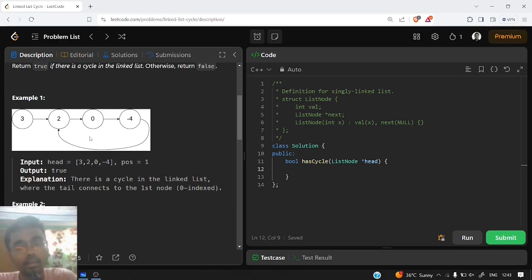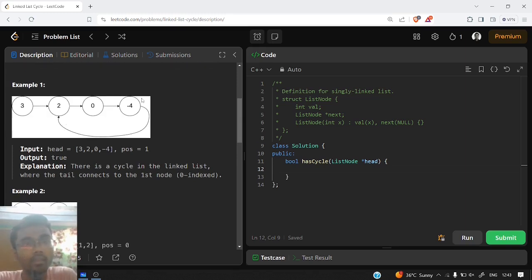Now a cycle in a linked list means there are some particular nodes that we are able to reach again and again. As we know, in a linked list we are able to move to the next node or traverse the linked list with the help of a node's next pointer. So if we are able to reach particular nodes again and again, that means we are in a particular loop. That's why we are reaching some node again and again. And if we are in a loop, that means we have detected a cycle, and we will return true. So this is what the question is saying. If there is a cycle, we need to return true, otherwise we need to return false.